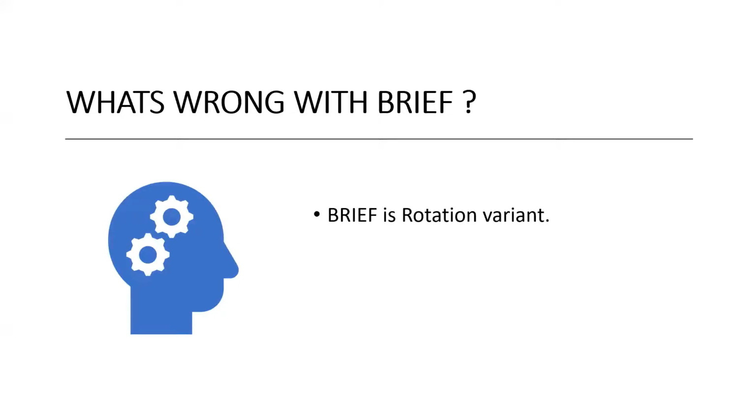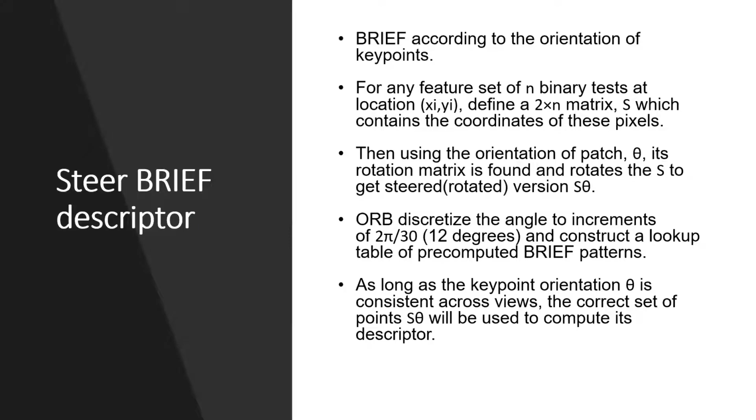So what's wrong with BRIEF? Though it gives a high accuracy in identification of key point matching when compared to other algorithms, that is SIFT and SURF, it lags in the concept of rotation invariance. When the given image is rotated, it is unable to find the key points due to the lack of rotation aspect. So in order to improve that, the steered BRIEF descriptor is designed in order to deal with the orientation of the key points.